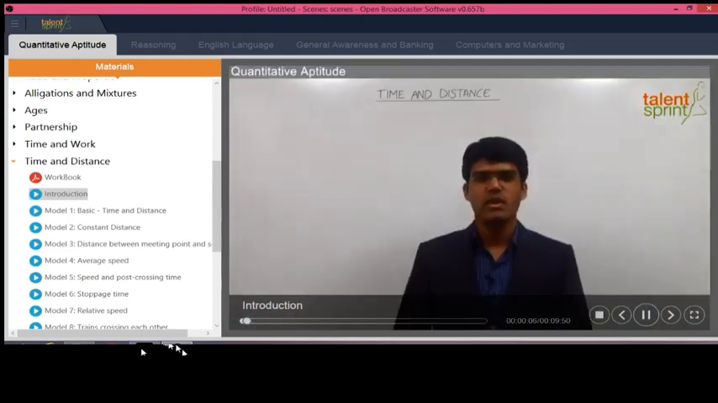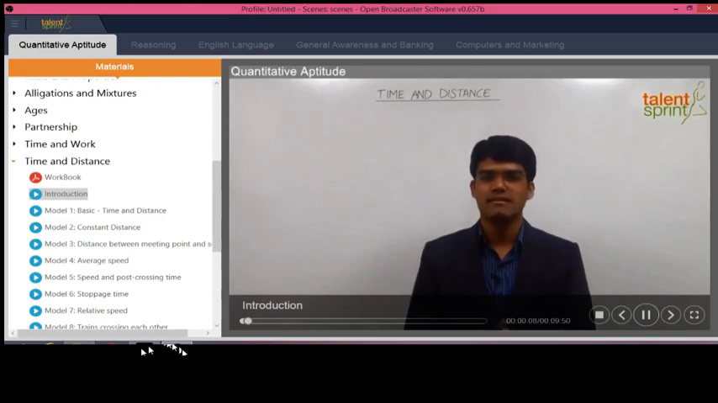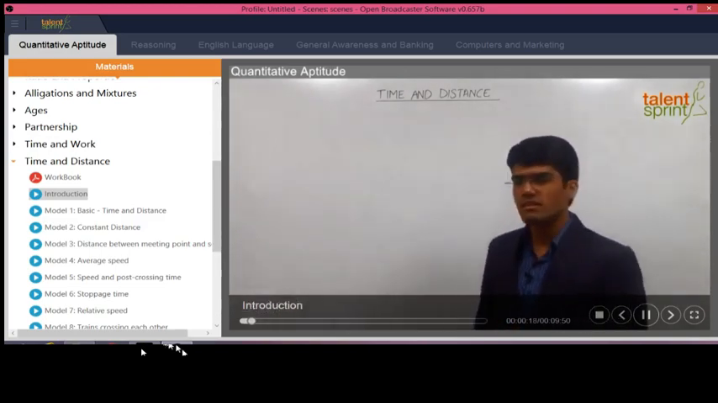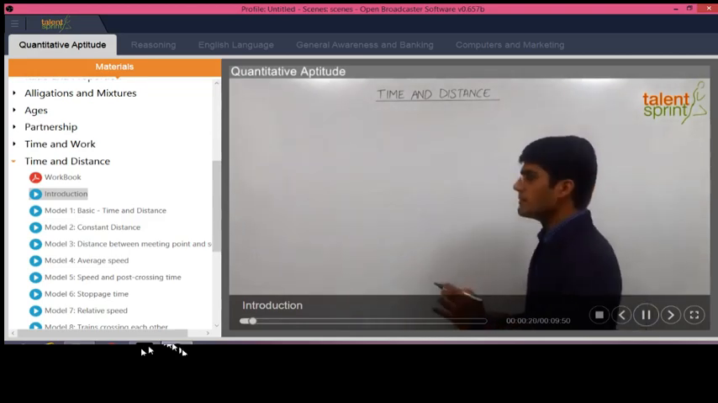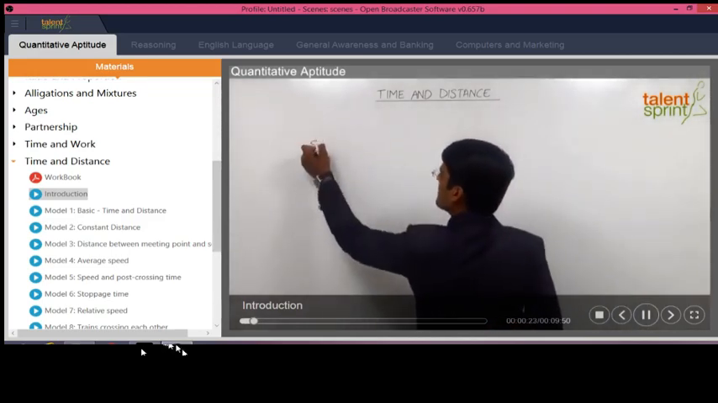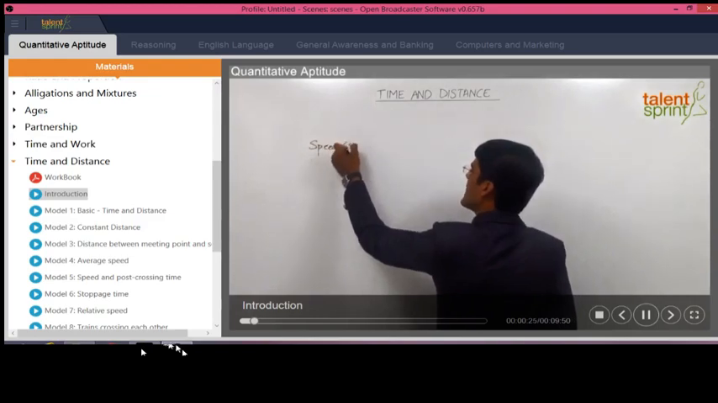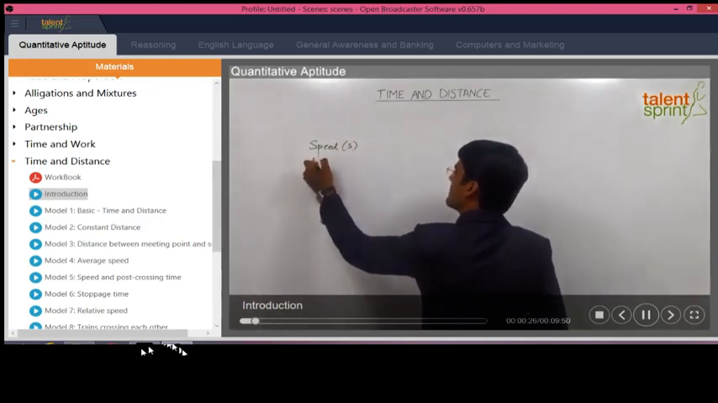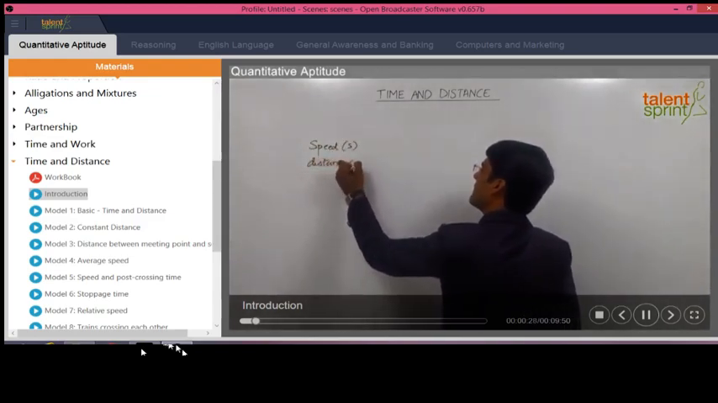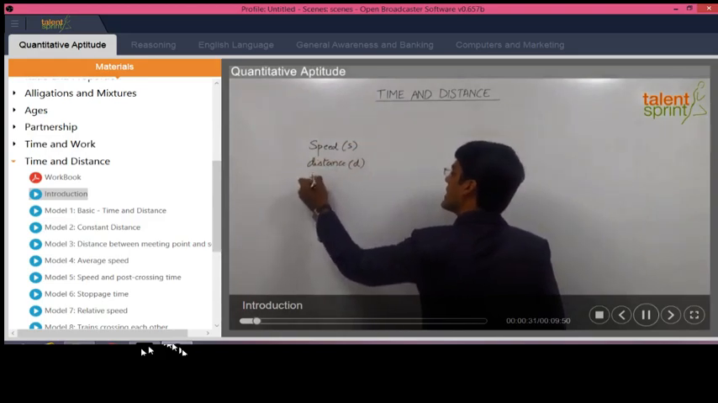In this session, we are going to discuss time and distance. This is again an important topic from quantitative aptitude, where we are supposed to work on the relationship between time and distance. Now, in general, here we have three different terms: speed, which is generally denoted by S, distance, which is denoted by D, and time, which is denoted